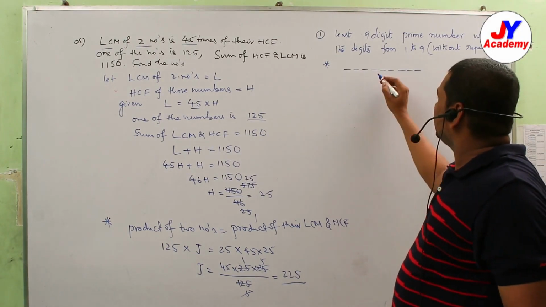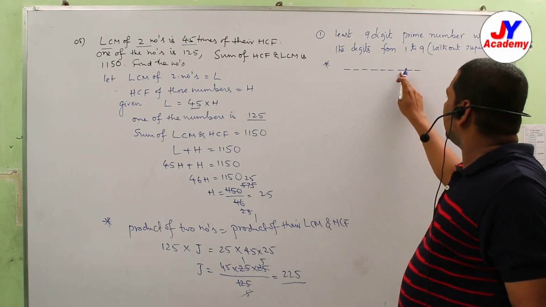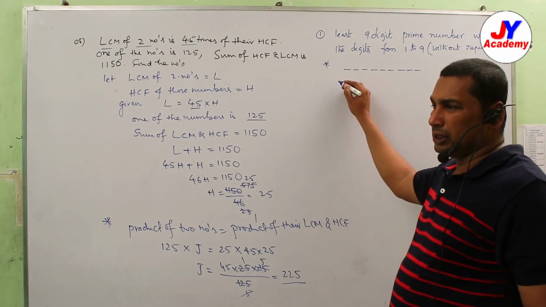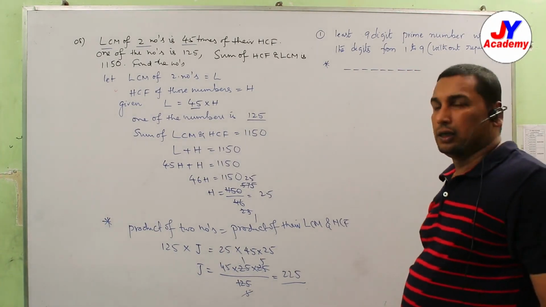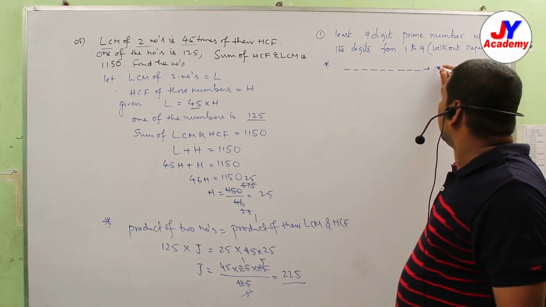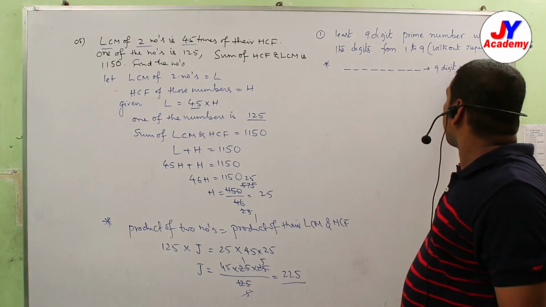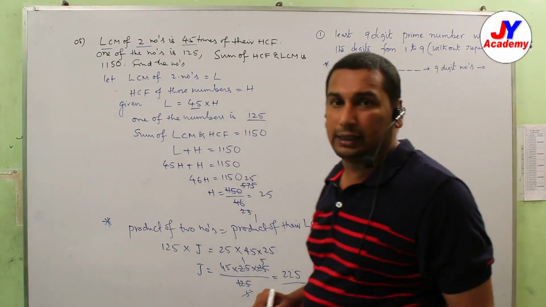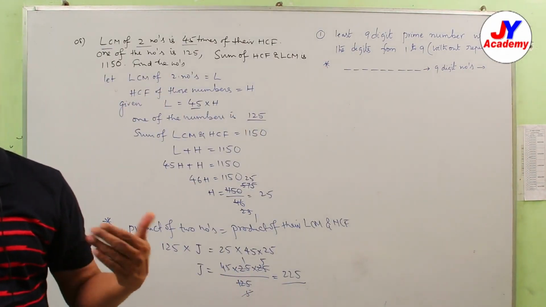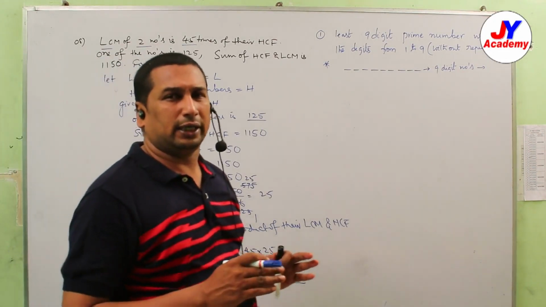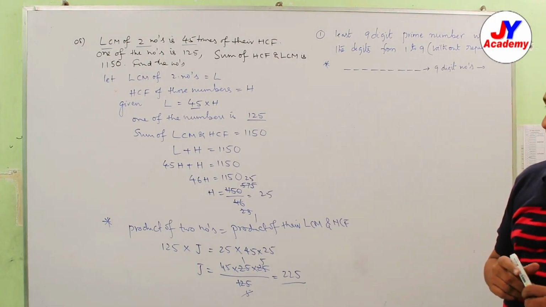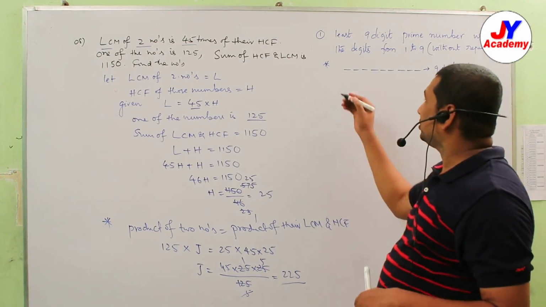So these are the 9 places: 1, 2, 3, 4, 5, 6, 7, 8, 9. By the fundamental counting principle of multiplication, we can form 9-digit numbers. How many numbers we get is unnecessary, because we have to find the 9-digit prime number. There is a very simple logic in this question.